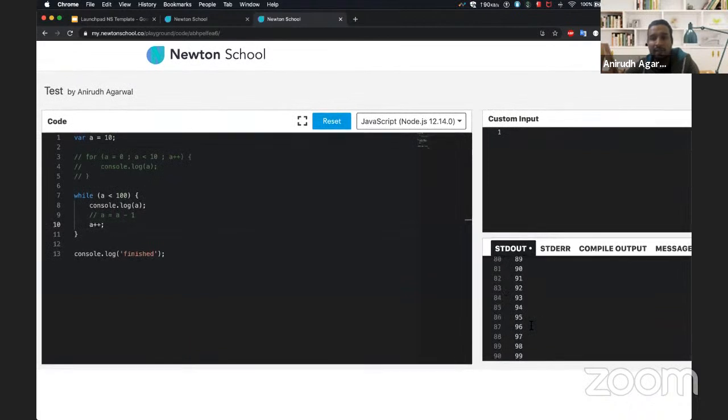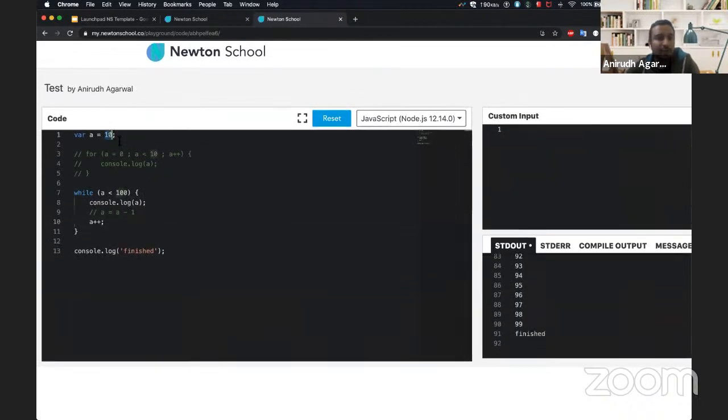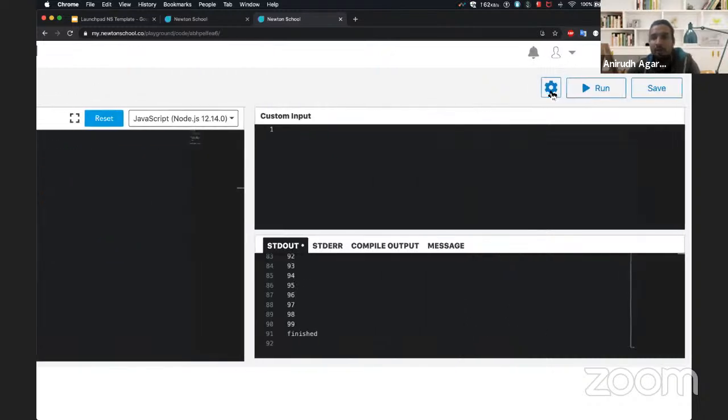So my a was actually initialized at a value of 10. So that's why it printed 10, then 11, then 12, then 13, and till 99, it will print. I can also do less than or equal to if I want to have 100 over here, right? What I can do is